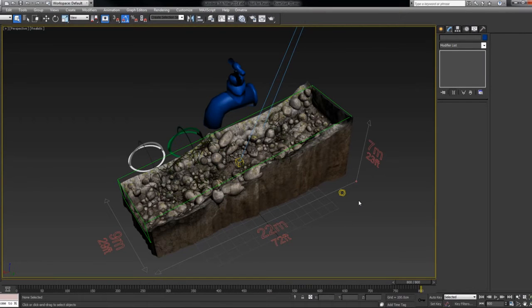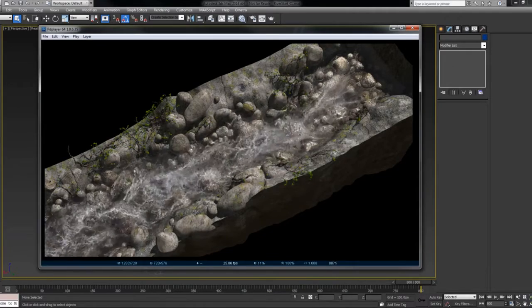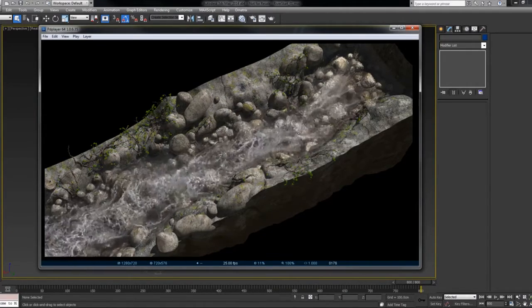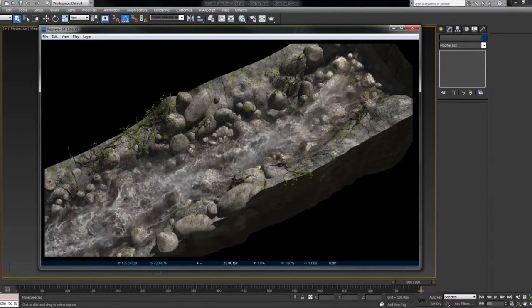Welcome to the second chapter of the Phoenix River tutorial. Last time I left off with setting up the rendering, and here's the result. By the way, I outputted this as 16-bit multi-channel EXRs, and in this chapter I will create additional elements like